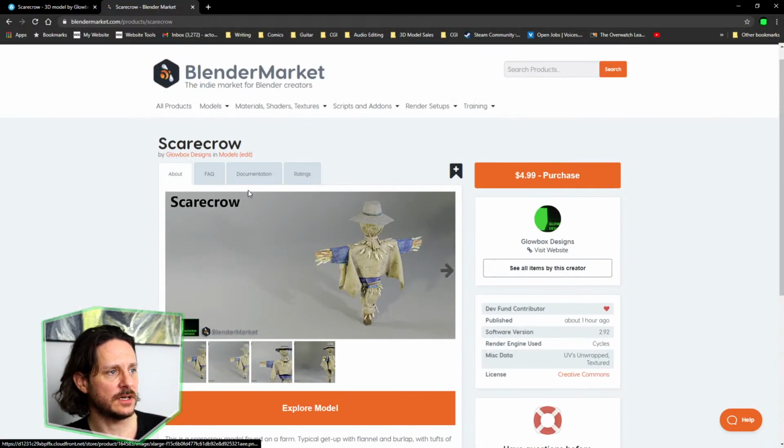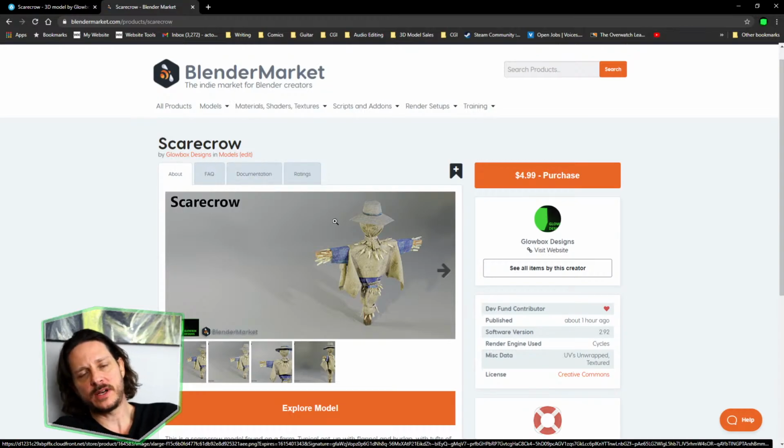And this is our model on Blender Market, and I do it on other sites as well, like CG Trader. So basically, it's Sketchfab, CG Trader, and Blender Market. You can do other things like Turbo Squid. I don't like to use Turbo Squid personally. No offense to them, but I feel like